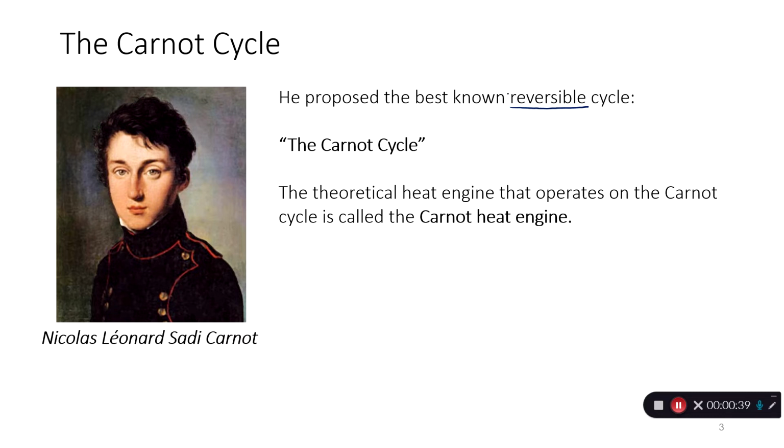But the reason that we are studying the reversible cycle, or specifically the Carnot cycle, is because we want to know what is the highest possible efficiency that an engine can achieve when operating between two temperature reservoirs. Okay, two different reservoirs, and this is the engine, right? So we want to know the highest possible efficiency, so we must have the best possible process,